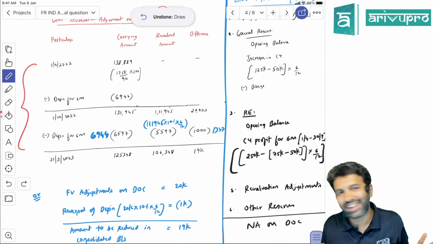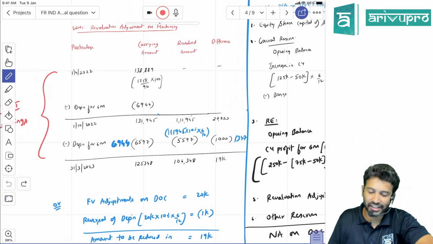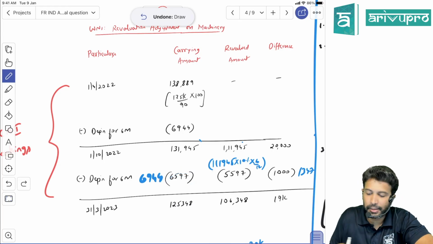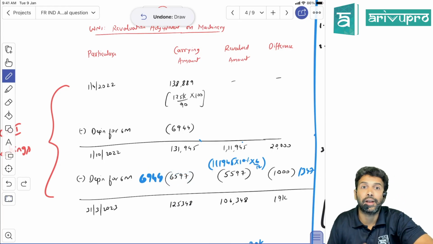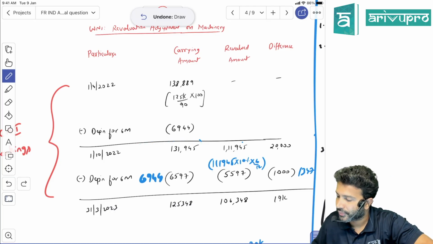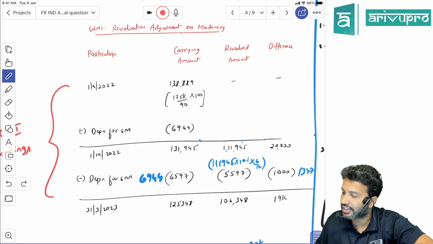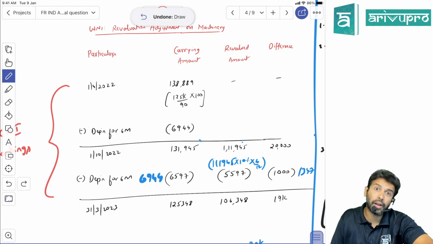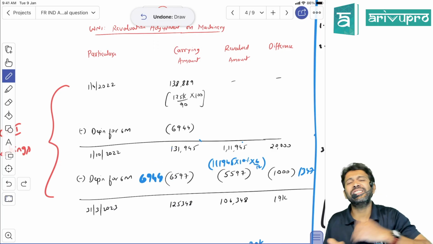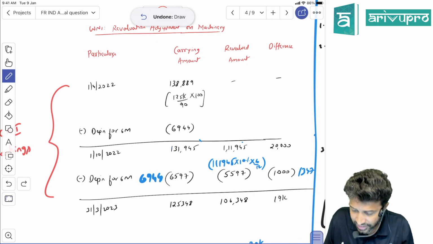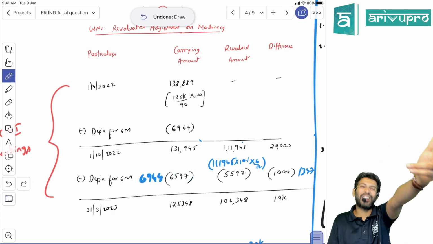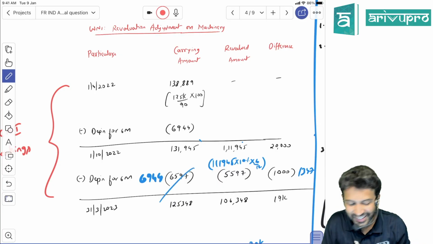But you know what? Study material has calculated depreciation like this. This is the same 5597. Now, the next 6 months' depreciation, they've taken as 6597. How? This number 131,945 is there, no? You take 131,945 into 10% for 6 months, you will get 6597. They have calculated on this, which is wrong, correct? Because even if you take that, 131,945 minus 6597, you are not getting 125, you are getting 125,348. So in my view, that is wrong. So this is not the depreciation charged.